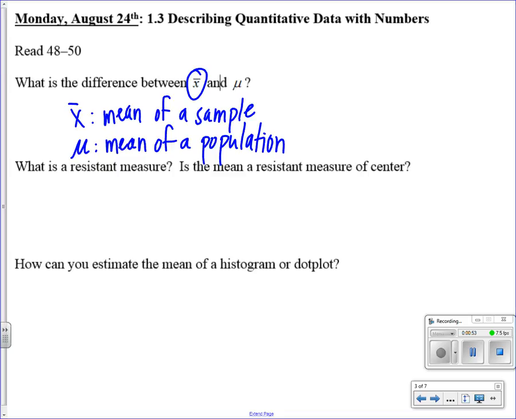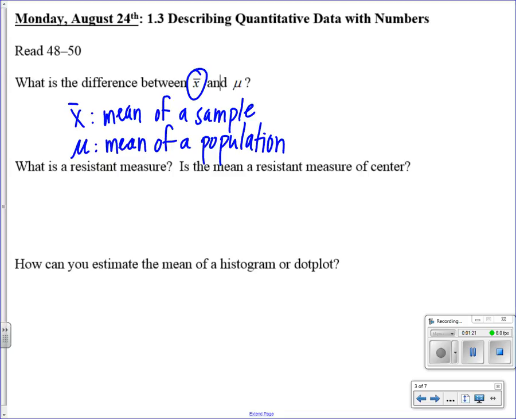Most of the time you do not have the mean for the entire population, so you use the sample mean, which is X bar, to estimate mu. So if we took all English classes first hour and found the mean age, then we could estimate that population using our sample, okay?